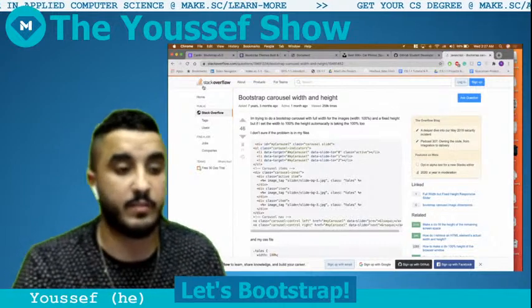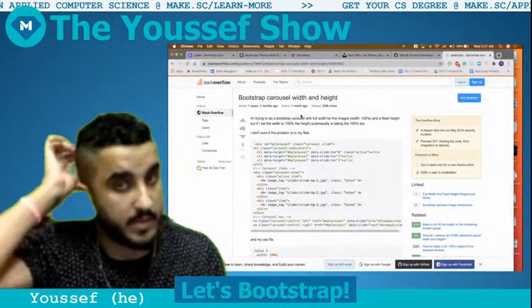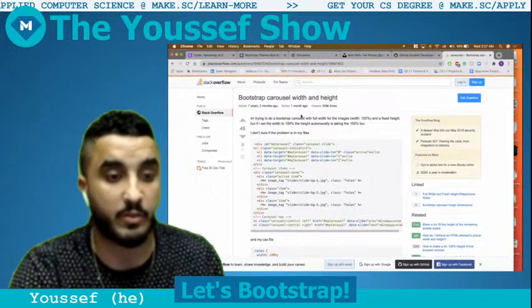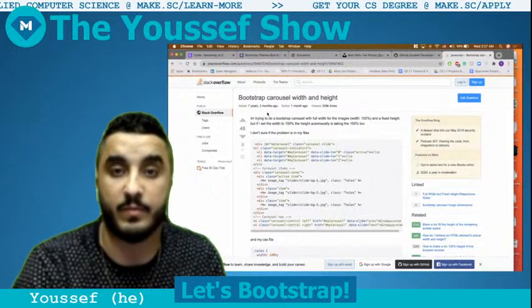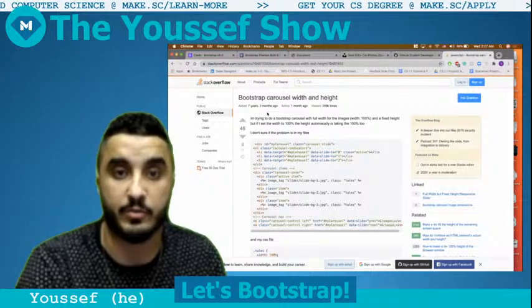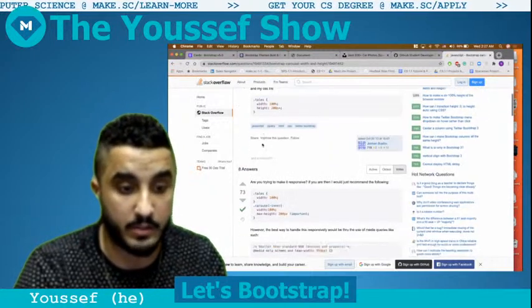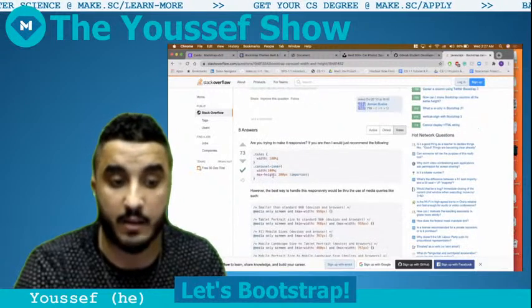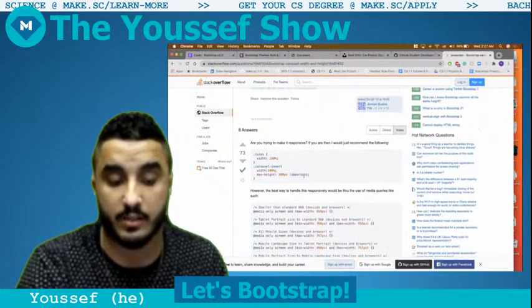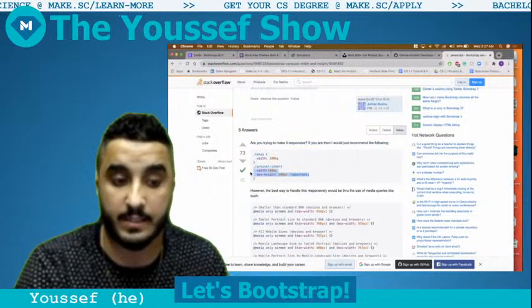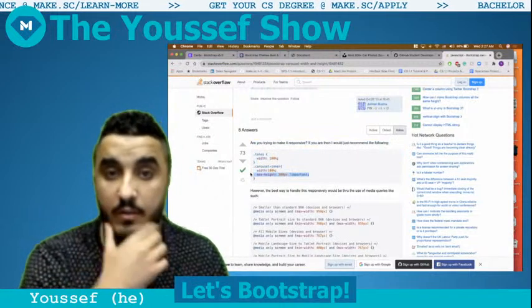And we're taken to something called Stack Overflow. As a new coder or developer, Stack Overflow is going to be like your best friend when it comes to, I guess, being stuck on a coding problem. And it looks like we're just going to have to add some styling. And like we said earlier, limit the max height or the max width of our